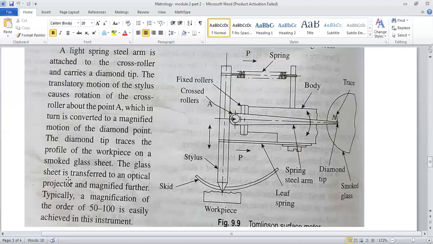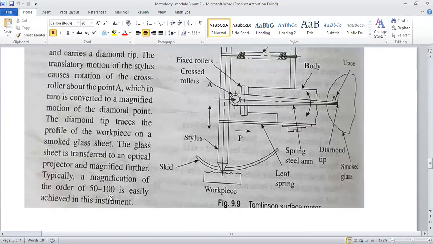The glass sheet is transferred to an optical projector. We already said that the glass sheet is transferred to an optical projector and magnified further. Typically, magnification of the order of